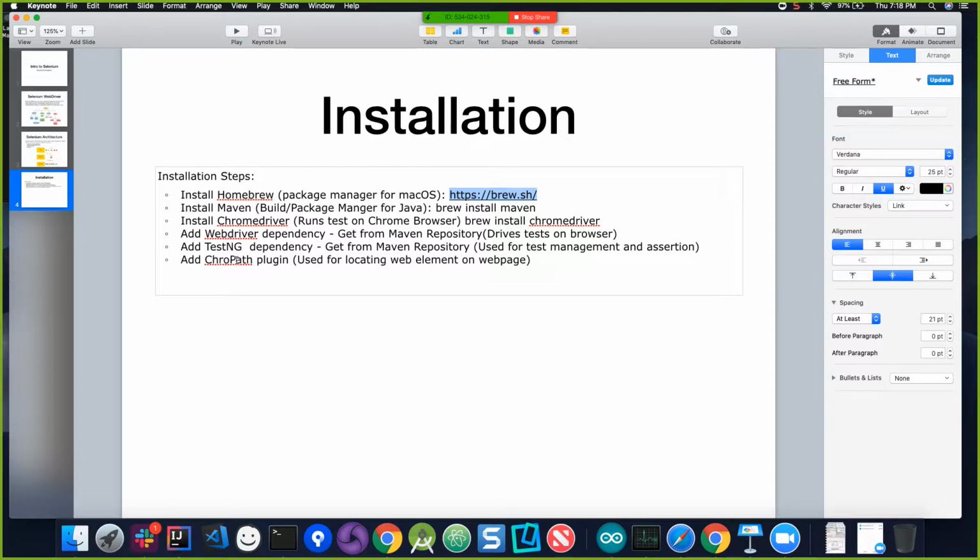And then finally we have to use the cronpath plugin, used for locating web elements on a web page. How do we locate an element? How do we find a specific path to that element? We'll learn how to do this once we get there. But for now,